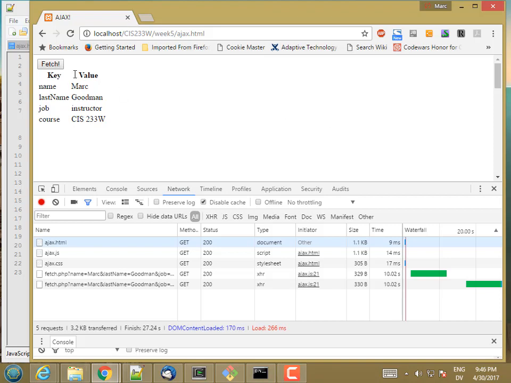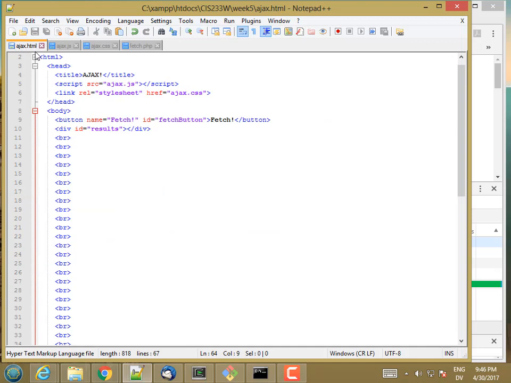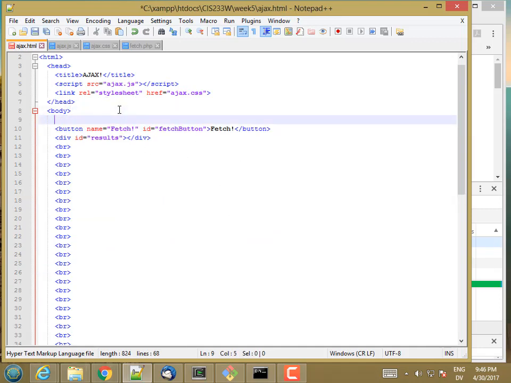Now let's go ahead and put a form on the page. And I'm going to go to the HTML, and above my button, let's put a label for first name, and then we'll have an input. Type is text, ID equal first name,